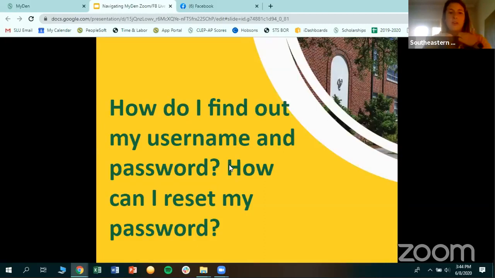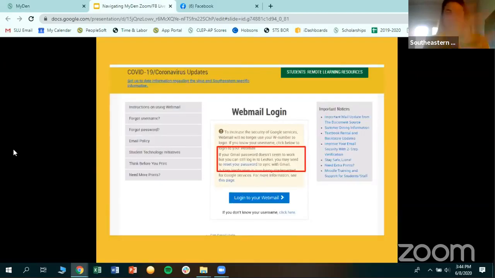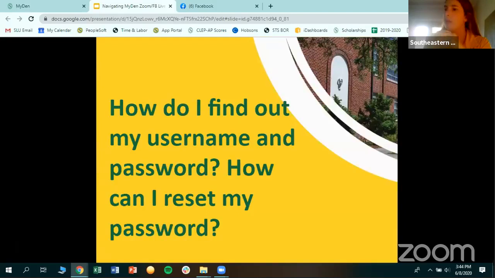Here, how do I find my username and my password, and how can I reset my password? I did kind of go over that, especially with your Webmail, finding your username, because again, it is different than your W number. It is, you know, your first name dot your last name at SELU.edu. But if you want to double check, check it here. If you're really unsure, you have no idea where to start,